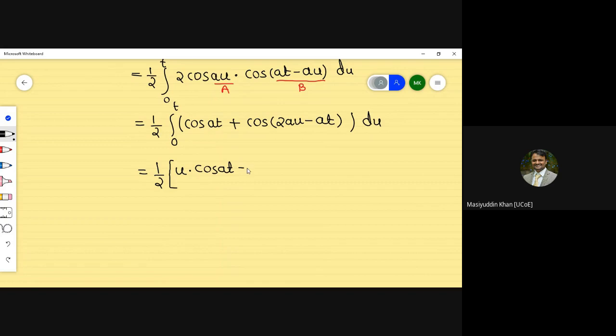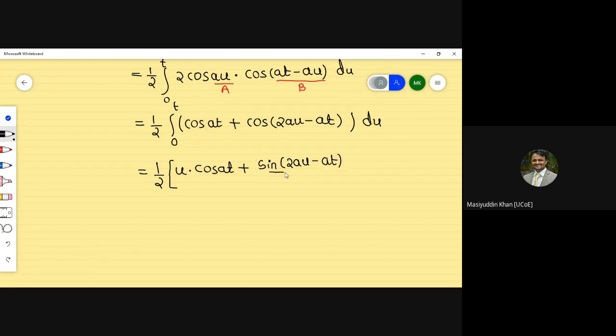Now see, integral with respect to u, you have to see that u is the variable. Here there is an absence of a u variable, so you have to write u into cos of 80, because cos 80 is treated here as a constant, plus integration of cos of 2au minus 80. Here a u variable is present, so integration of cos is sine, so sine of 2au minus 80